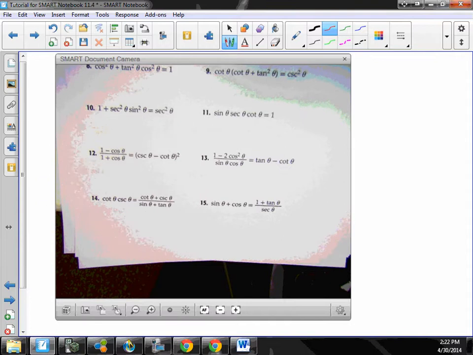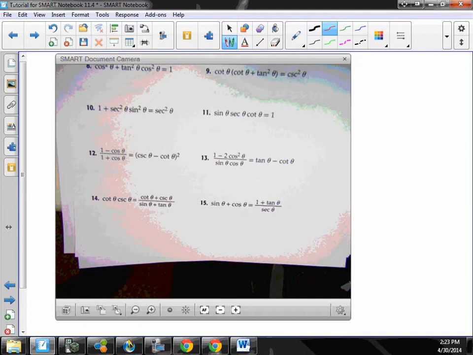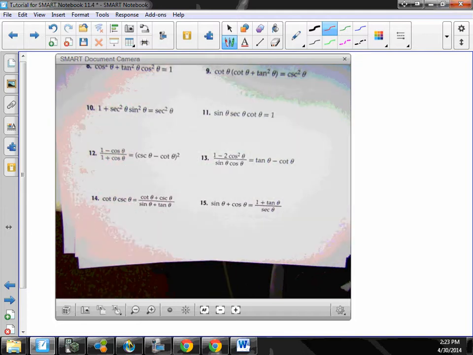Do you see any of those on the reference sheet? You could, yeah, that might be the way to do it. But what I want to point out is